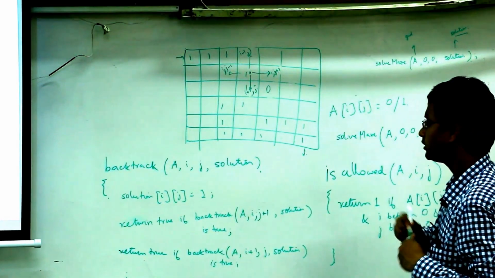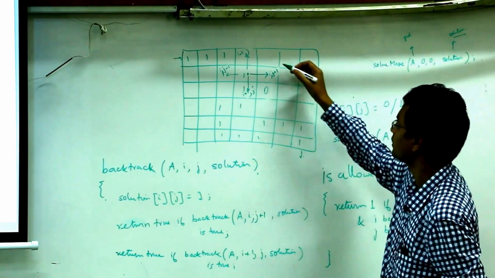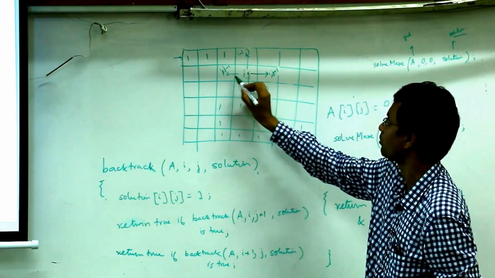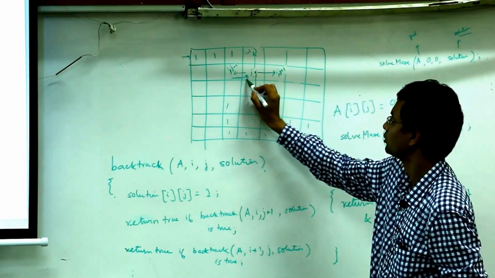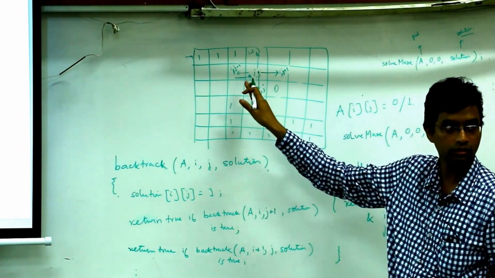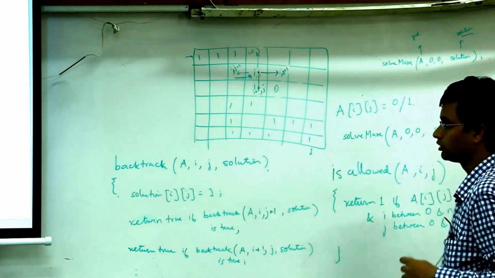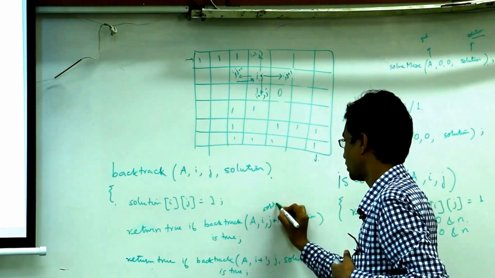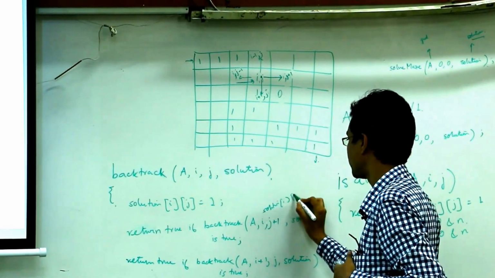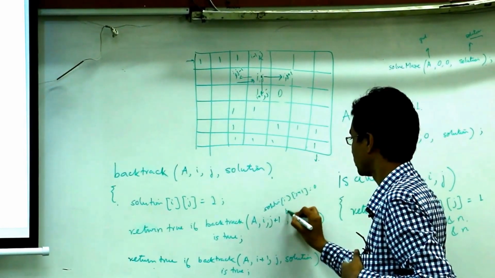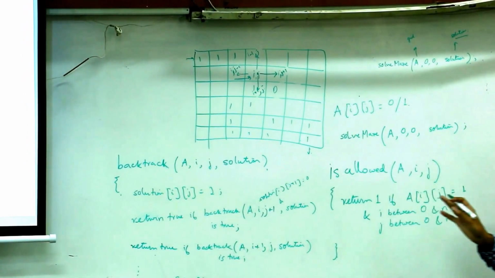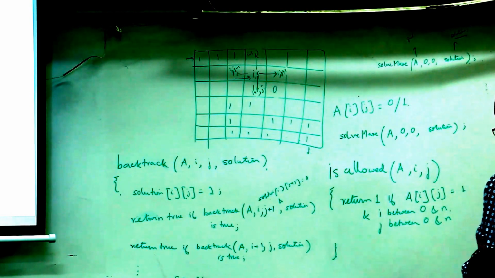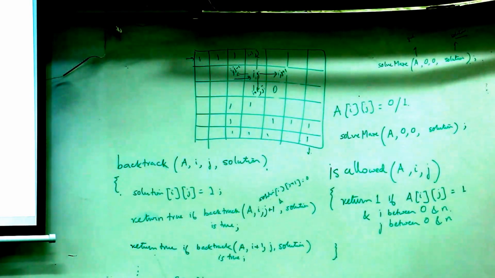Okay, so there is one catch here. What is the catch? This is recursion, right? Maybe I had visited ij from this cell. Then we don't want to go back to this cell, because that will lead to a cycle. So whenever you call this, you have to make sure that solution ij plus 1 should be 0. So this is clear. Any questions on the pseudocode?